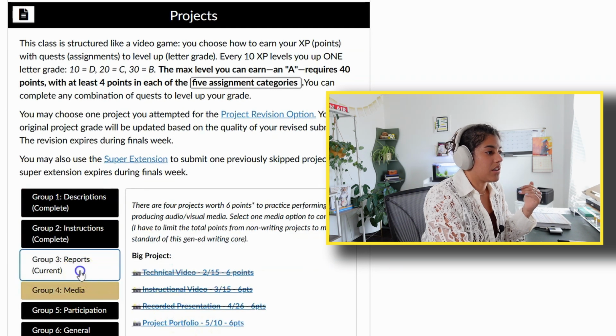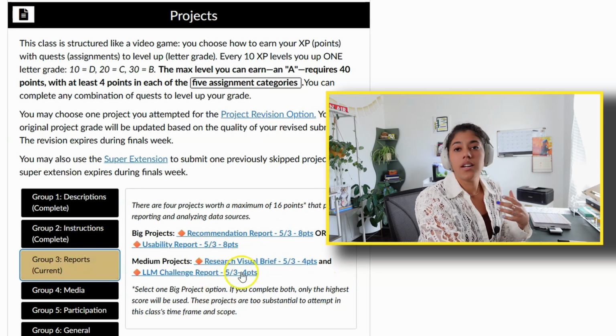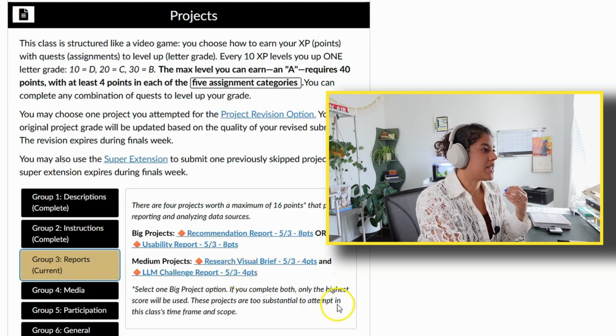And so they were working on either a recommendation report or a usability report. Or they could choose research, visual brief, and an LLM challenge report. Now, one thing that I do in my class is it's more of an